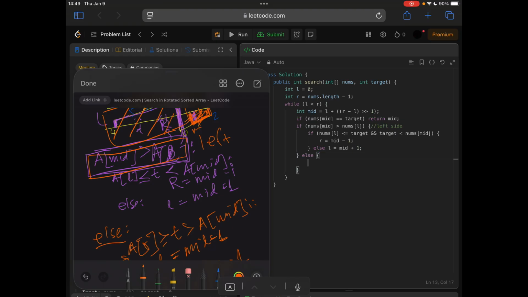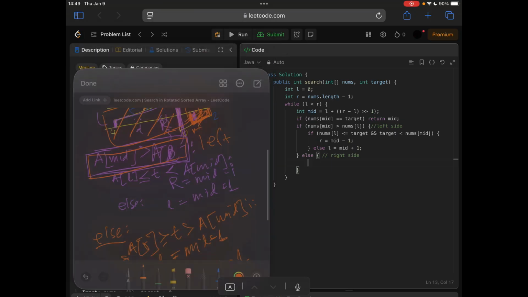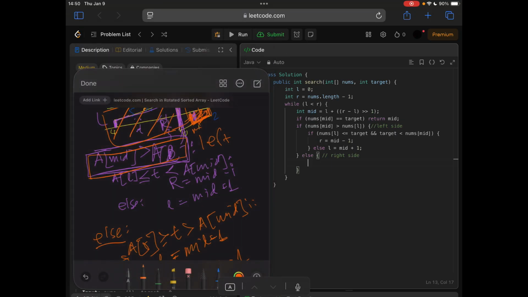And if we're not on the left side, we know that we are on the right side, right? And if you're on the right side, the first section in this portion is basically very similar to regular binary search when everything is sorted in increasing order. But this right side is a little bit different, right? That's where you need to pay the attention. So at this point,